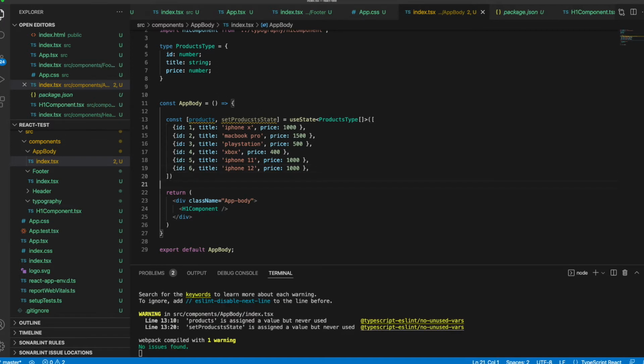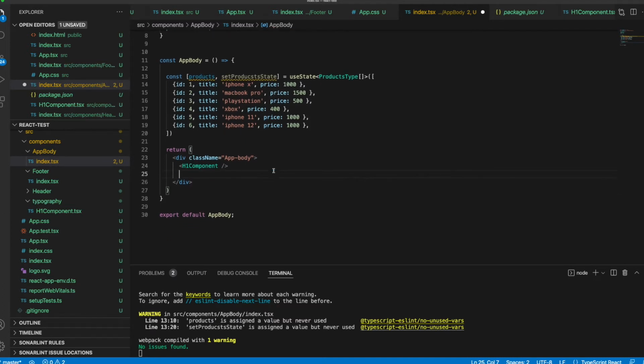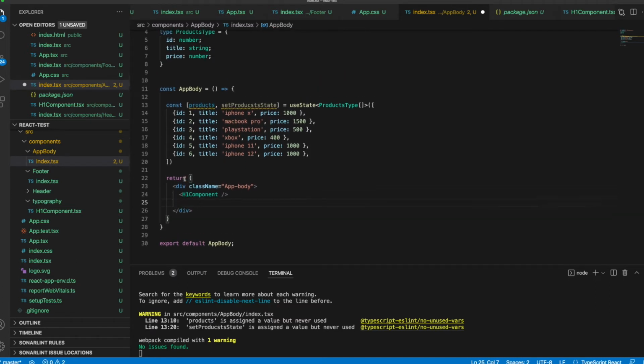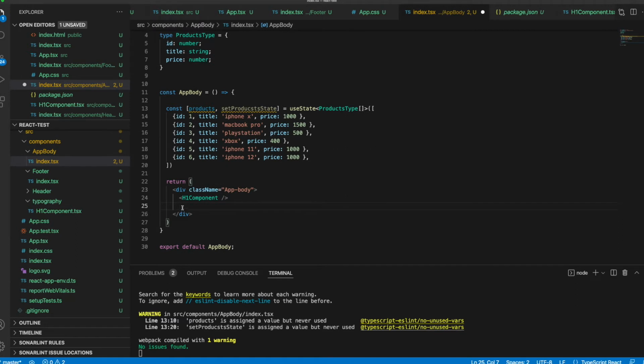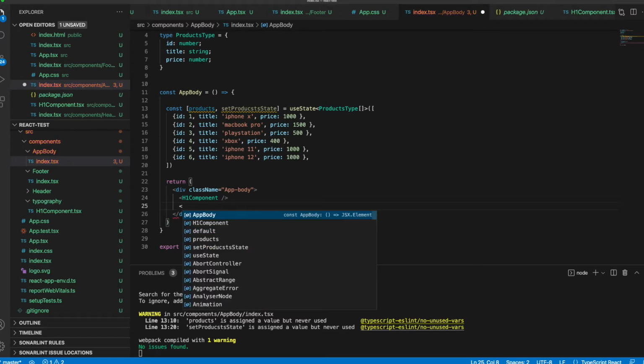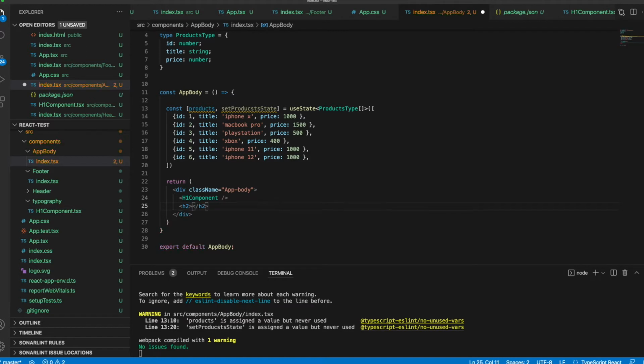So how can we render these elements inside our application right now? As you might remember, in one of the lessons I described, if there is an array of items and we want to use them, we can either do it one by one, but this is not very preferable, okay? But I will show you both of them. So let's call it H2 here, and we can say